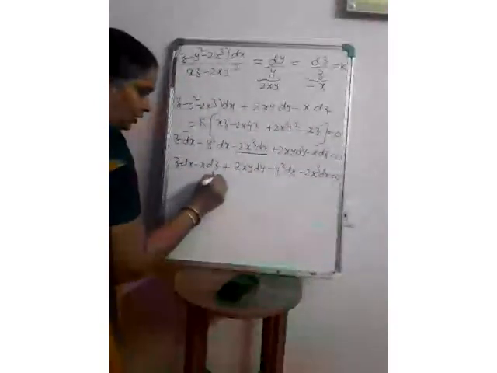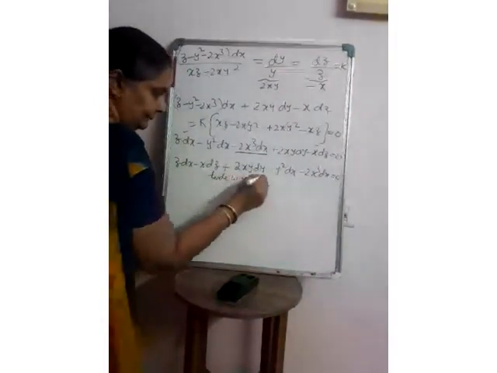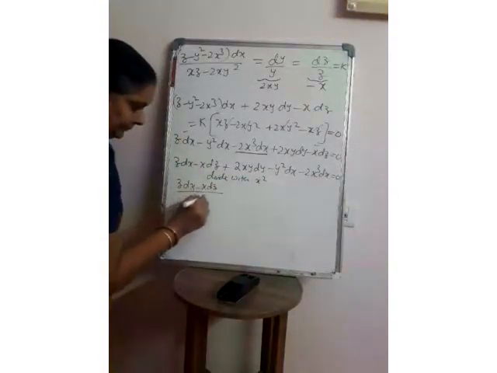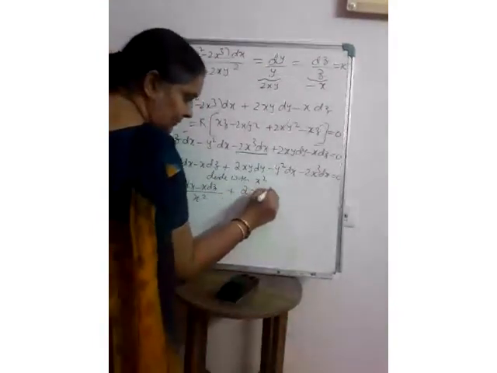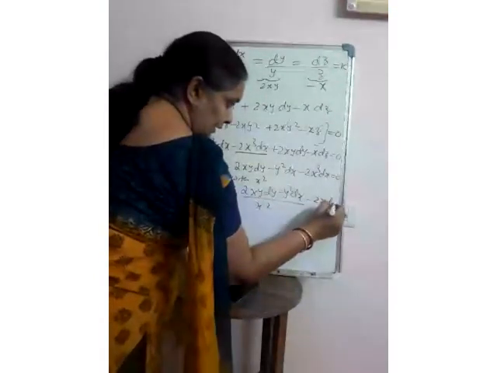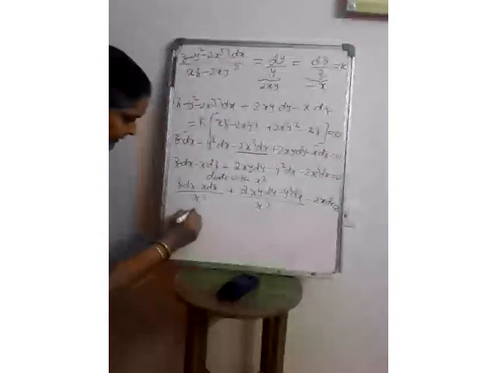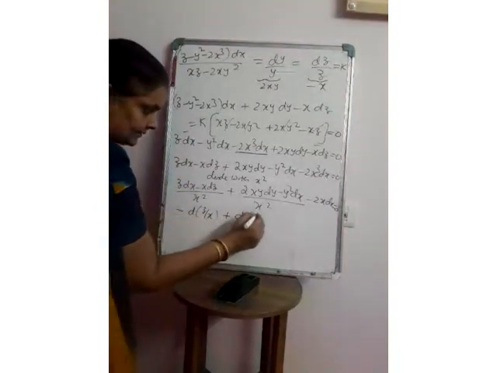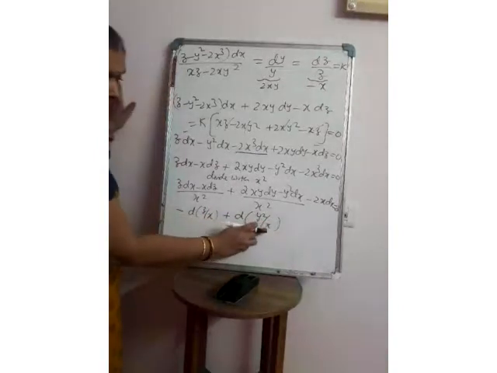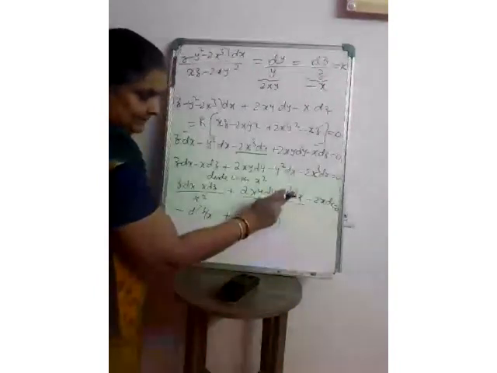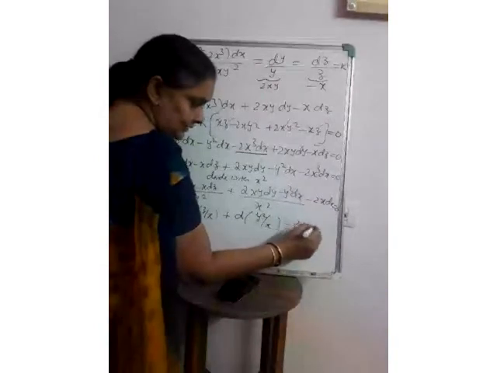Now divide the whole equation with x square. What will be the value? (z dx minus x dz) by x square plus (2xy dy minus y square dx) by x square minus 2x dx is equal to 0. How can you write this value? Can we write it as d of z by x? By the u by v rule, x dz minus z dx, so reversing the sign, I'll write minus. And this can be written as d of y square by x. You can observe here x into derivative of y square is 2y dy minus y square into derivative of x is dx, by x square, minus 2x dx is equal to 0.